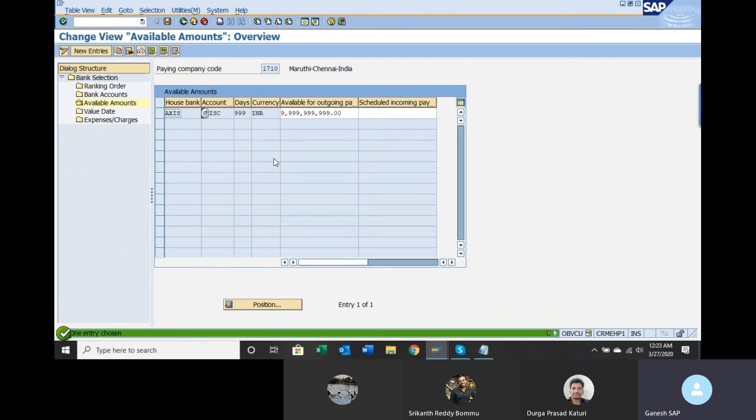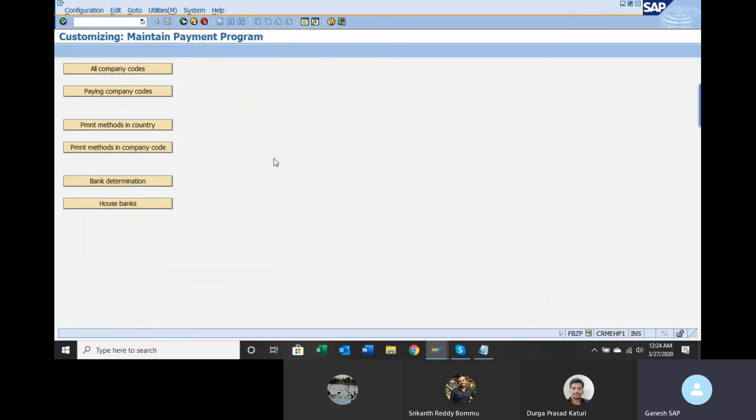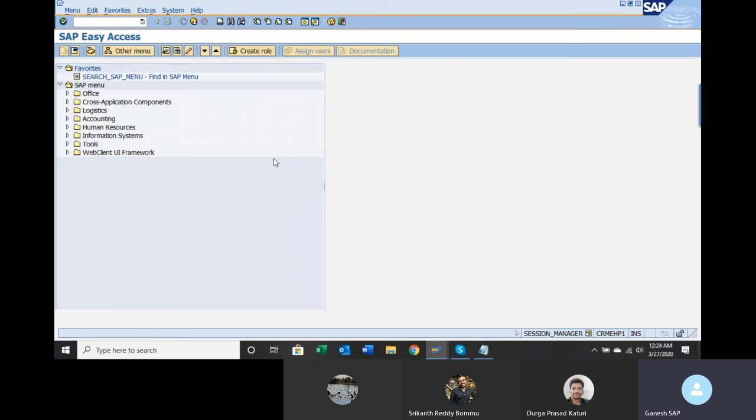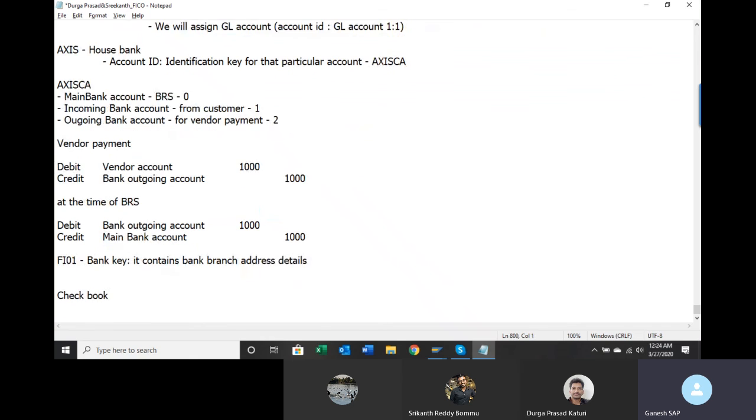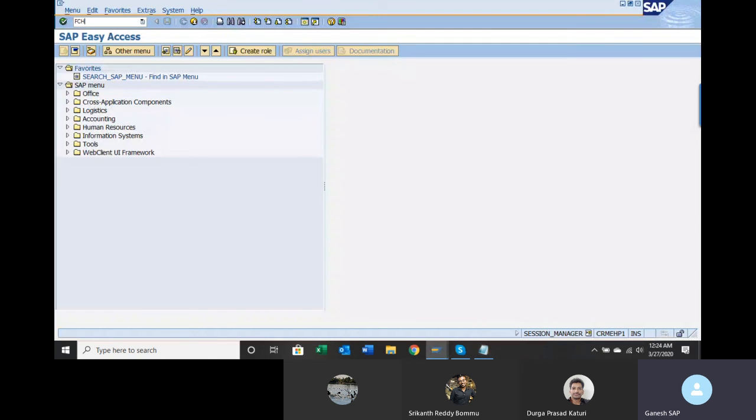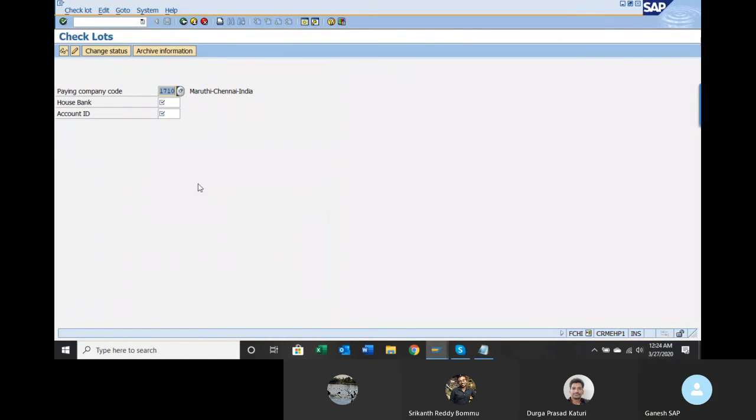So this is the configuration required for the automatic payment program. Once you maintain this, we need to maintain the checkbook for this bank account. Checkbook, transaction code is FCHI. House bank is Axis, account ID is Axis C. Press enter.